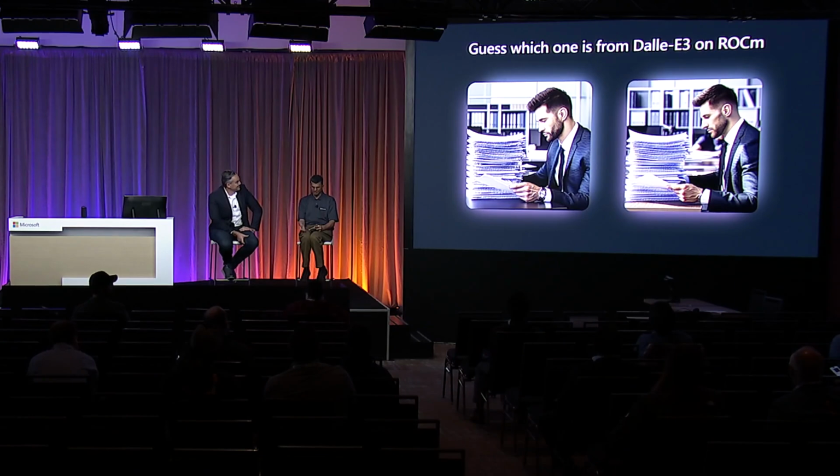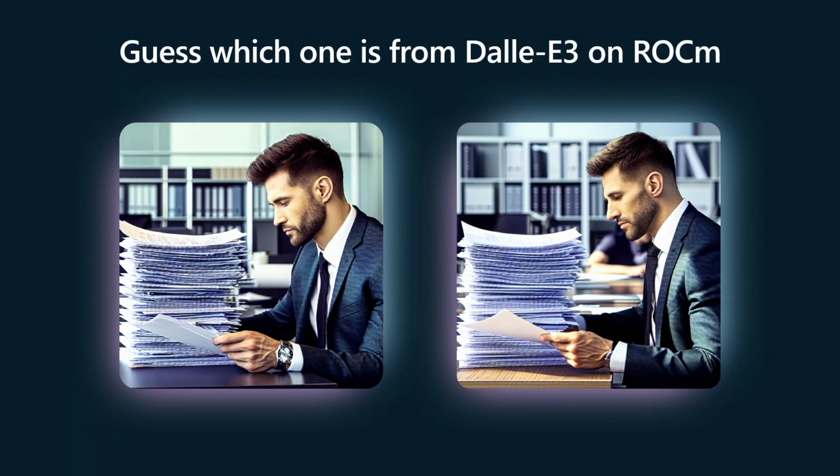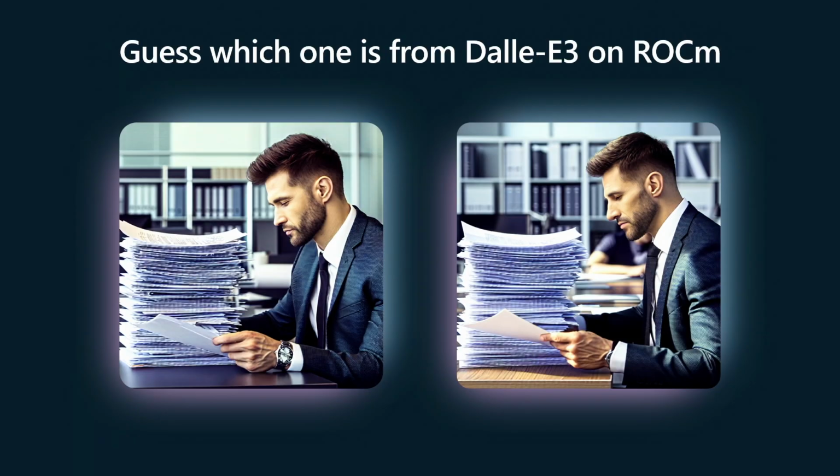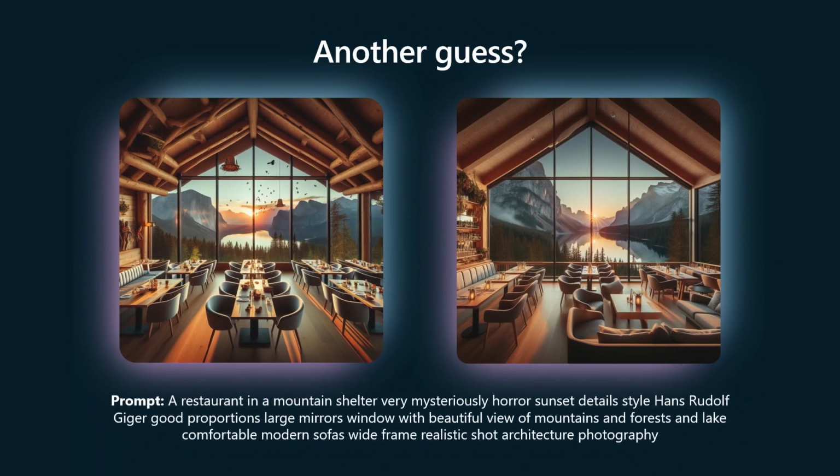So again, any guess? One of them is generated on an AMD GPU and the other one is generated from production. Any guess which one would be which? Left or right? Actually, I have no idea. Okay, left? It's the left. Okay, oh, that is brighter. Yes, and then one more example here. Again, the one on the left is from AMD. The other one is from our production. In fact, I like the detail on the left.